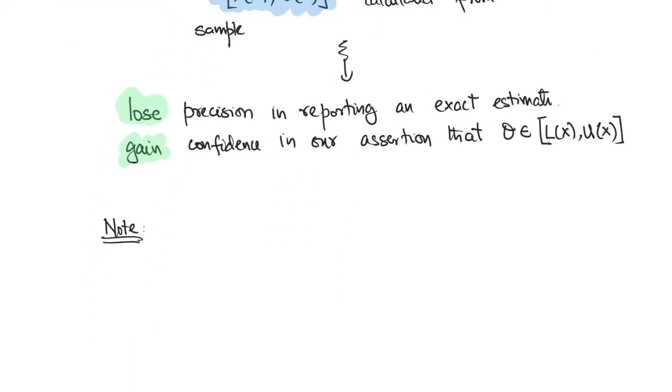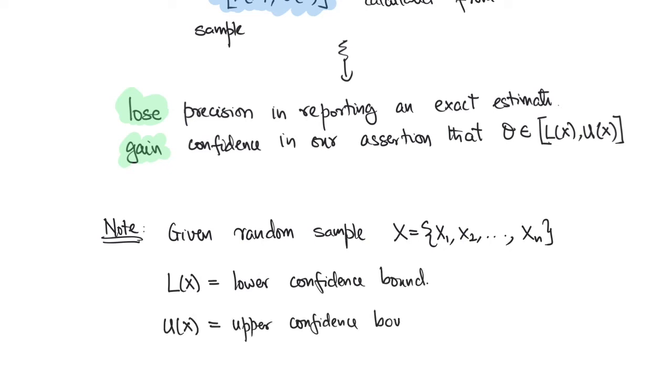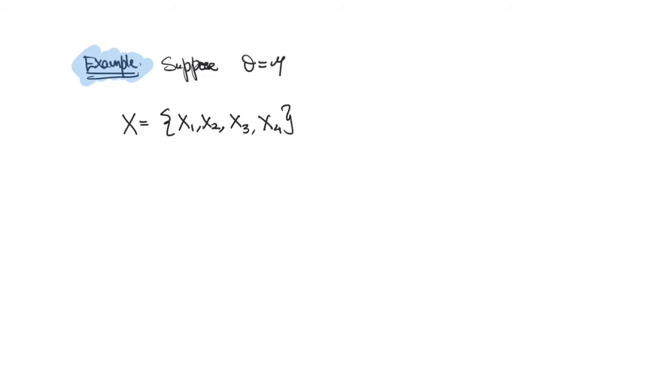Note that given a random sample X containing the random variables x1 through xn, L of x is the lower confidence bound and U of x is the upper confidence bound. Let's work out an example to get a grounding of what's happening here. So suppose our parameter of interest is the population mean and our random sample X has the random variables x1, x2, x3 and x4. So this is a random sample coming from a normal distribution with mean mu and variance